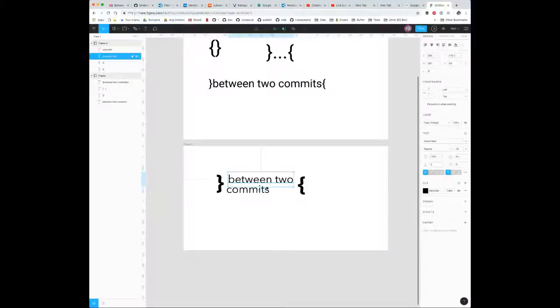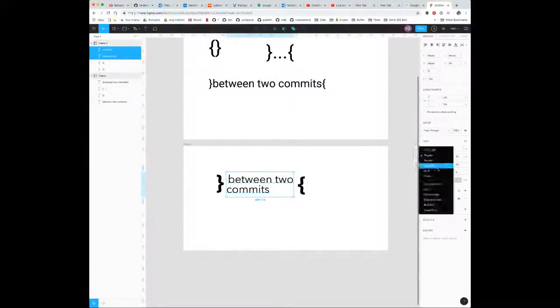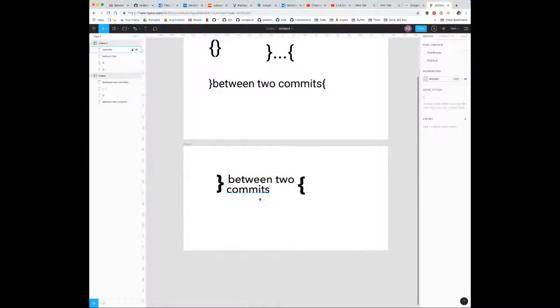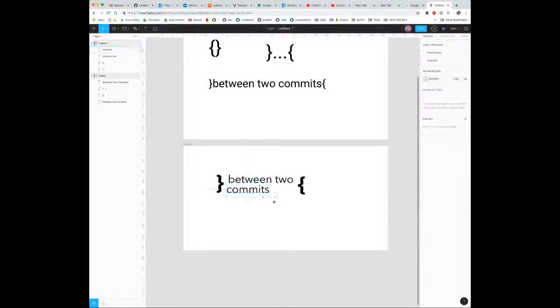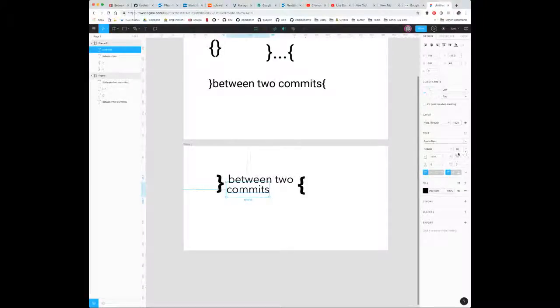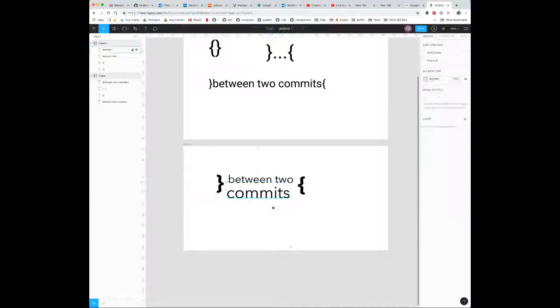Also, I feel like these braces are a bit too bold, but I'm still playing with this. Maybe bold this one up a little bit more. I did kind of like it lighter though. Maybe I'll just lighten up the braces. Let's see. So this one here, I'm thinking if we just increase the size a little bit. I don't know.